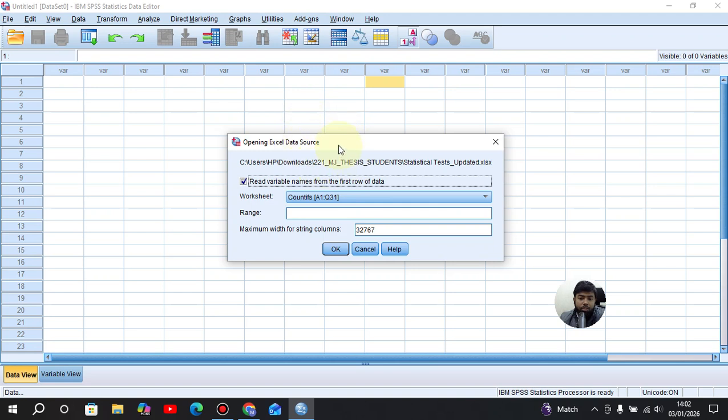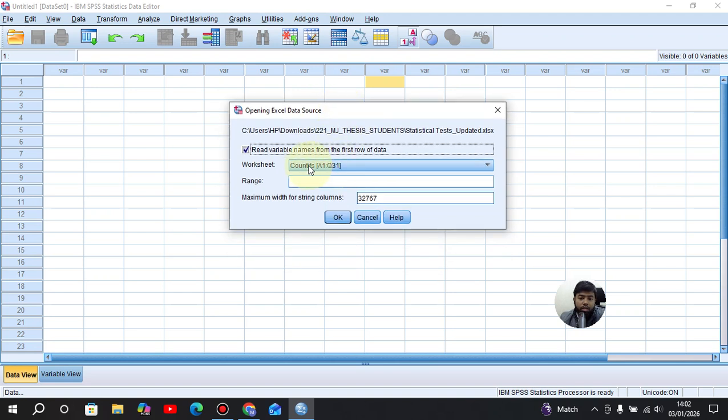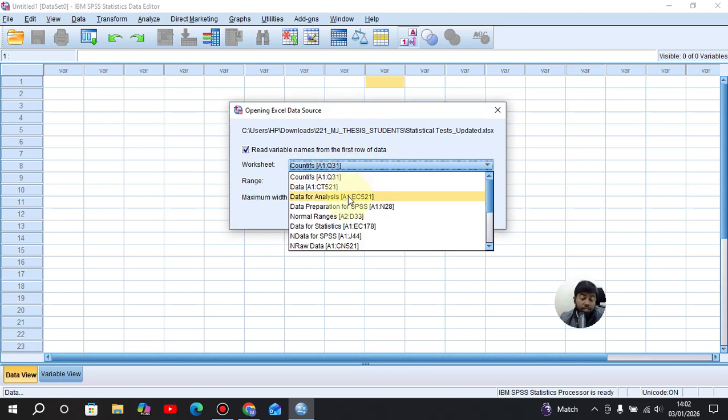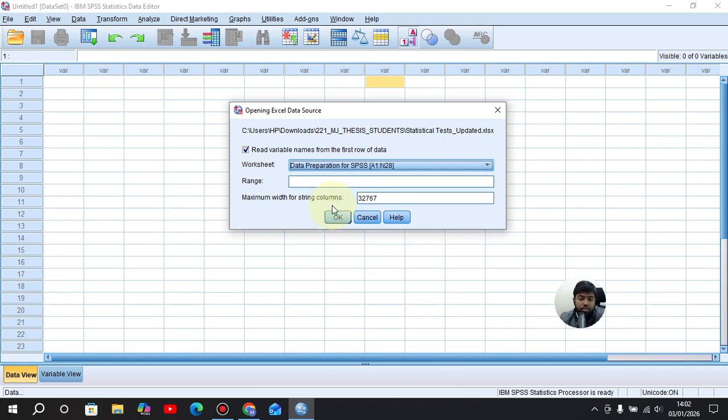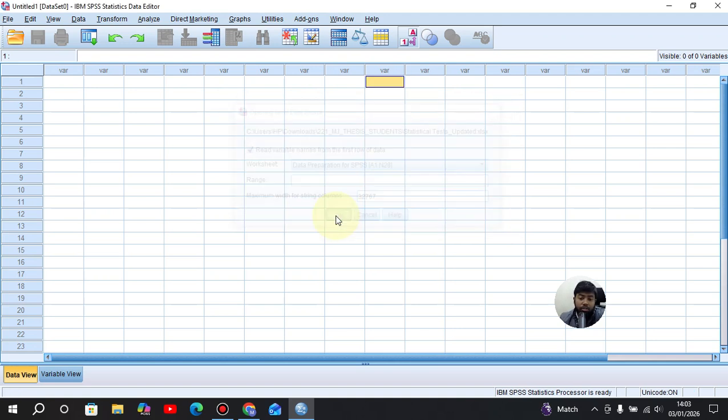will give me another window. From there I can select the worksheet from that workbook which I want to import into SPSS. So I want to import this worksheet where I have the dataset which I want to import into SPSS. You can also give it a range if you want. I don't need to. I want to import the whole thing, and I will click OK, leaving everything else as it is,